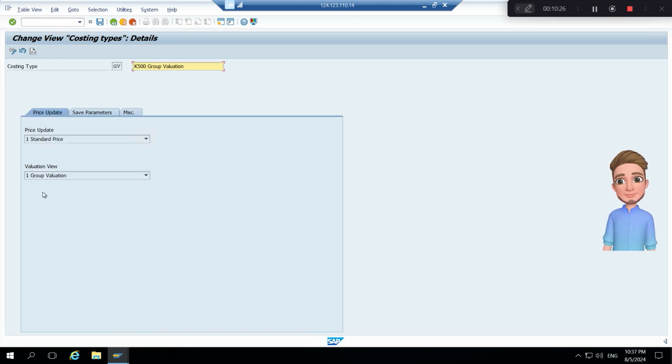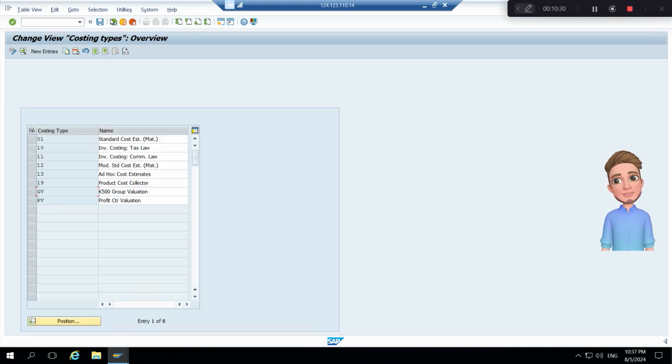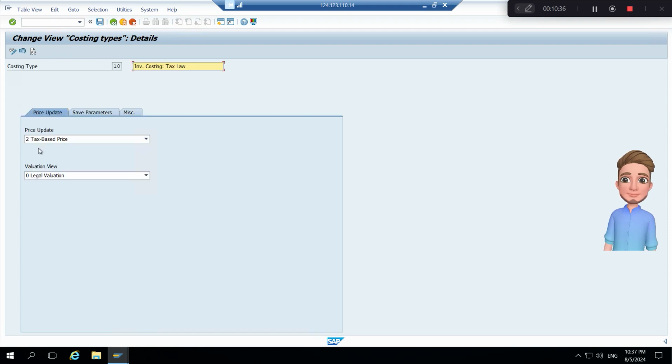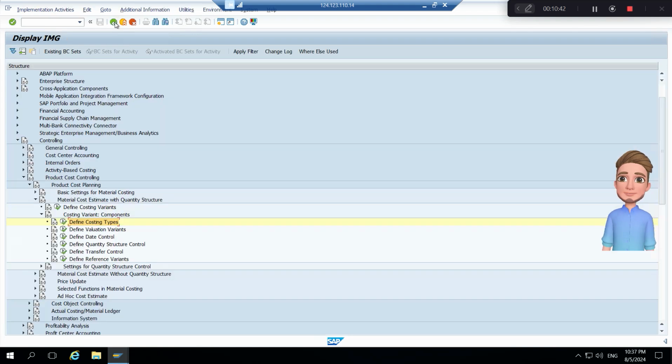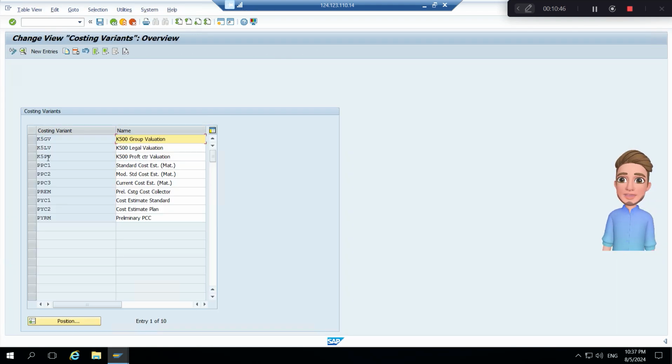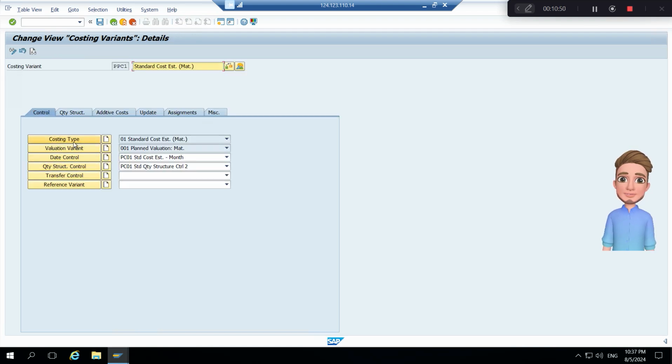So if you go to GV, it says update standard price, but for group valuation. Very, very important. Then you can have others also. For example, let's see if I have a tax. So it is going to update the tax based price. I don't want to update the tax based price. So next, if I go to the costing variant in PPC1, the next